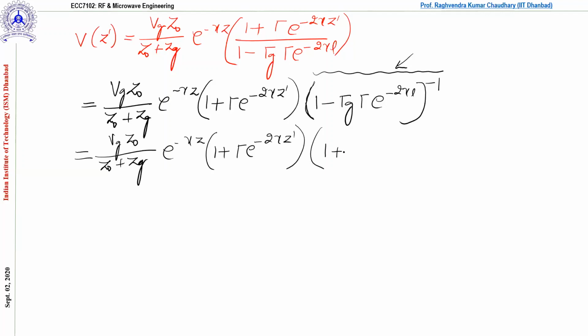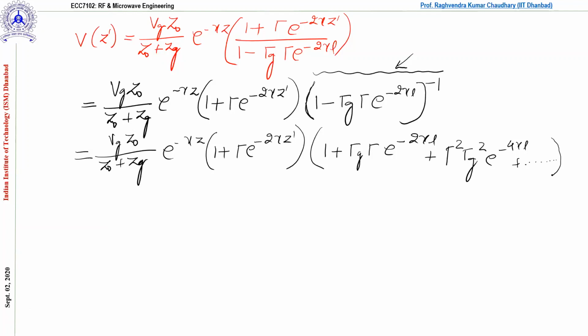So this will be 1 plus gamma g gamma l. Better to write gamma l or l, whatever you want. We are writing gamma only, so better to put gamma only. But in practice you will see in most books they are writing this thing, so that is why I got in the habit of saying the gamma l all the time. So gamma g and gamma e to the power minus 2 gamma l plus gamma square gamma g square e to the power minus 4 gamma l, and it keeps going on.